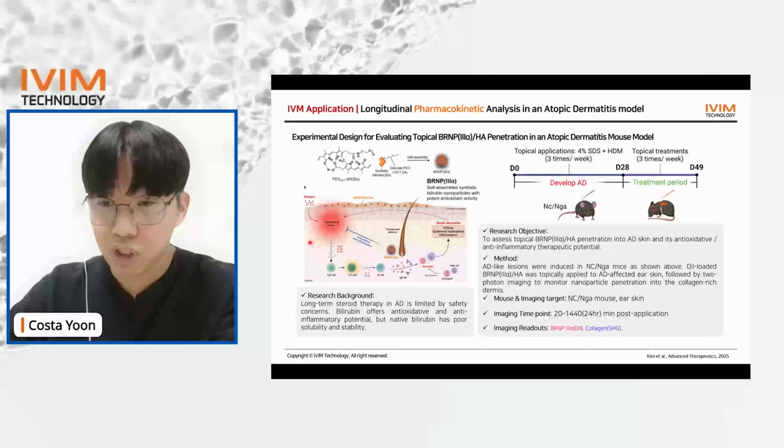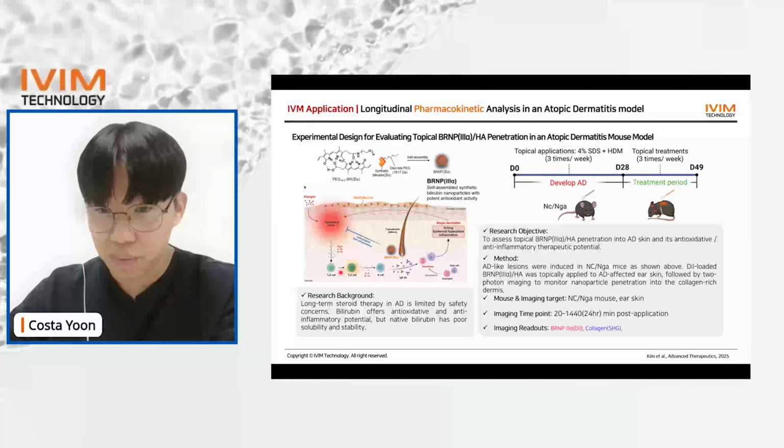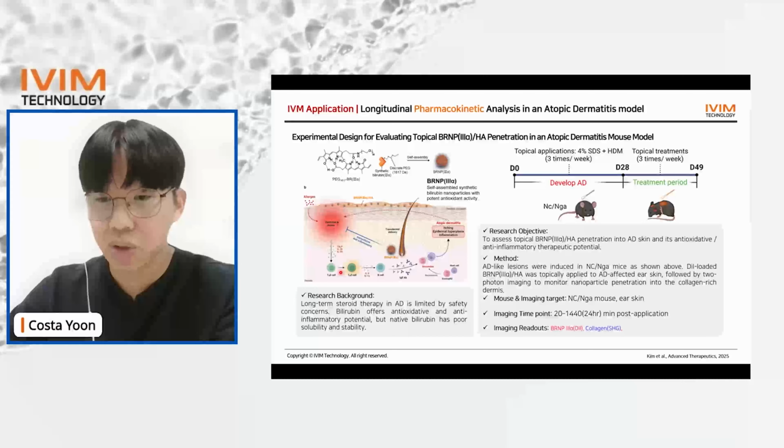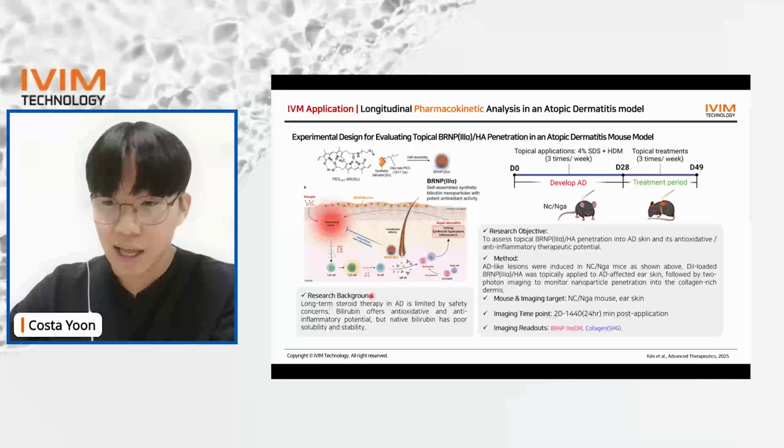And excessive production of reactive oxygen species, ROS, by epidermal keratinocytes is known to contribute to the pathology of atopic dermatitis. Therefore, bilirubin has attracted attention as a potential non-steroidal therapeutic agent because of its strong antioxidant and anti-inflammatory properties. However, native bilirubin has poor stability and is difficult to disperse uniformly in topical formulation. To address this limitation, a more stable synthetic bilirubin isomer